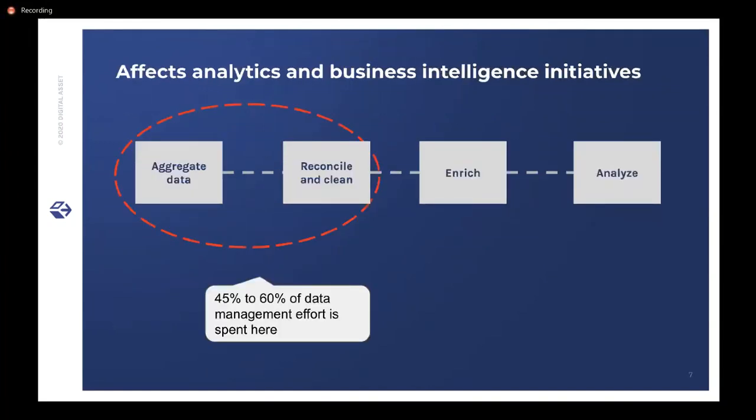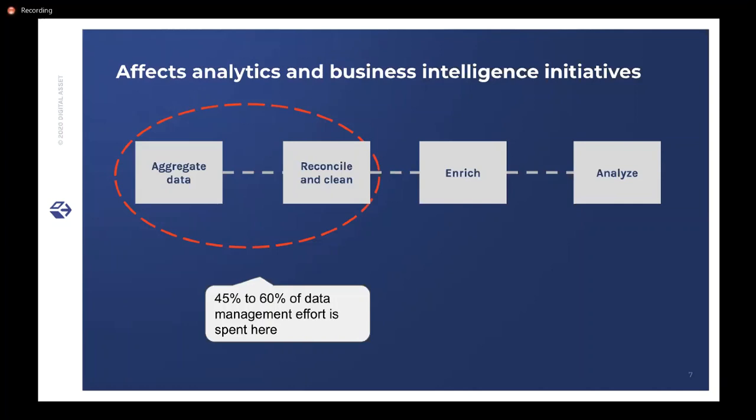And this obviously affects your business intelligence and AI initiatives. Traditionally, any data initiative, or if you consider the data pipeline, you start with aggregating all of the information in one place from all of these applications. Then you have to reconcile and clean all of this information, because most often data definitions don't match. You don't have the same picture of a business process in multiple applications. Who's right? Whose data is outdated? So you have to figure all that out, clean, build all of those rules in place, and finally arrive at a clean picture of the data.